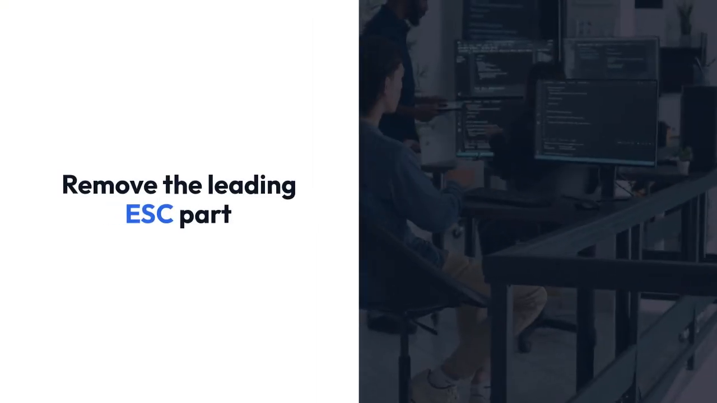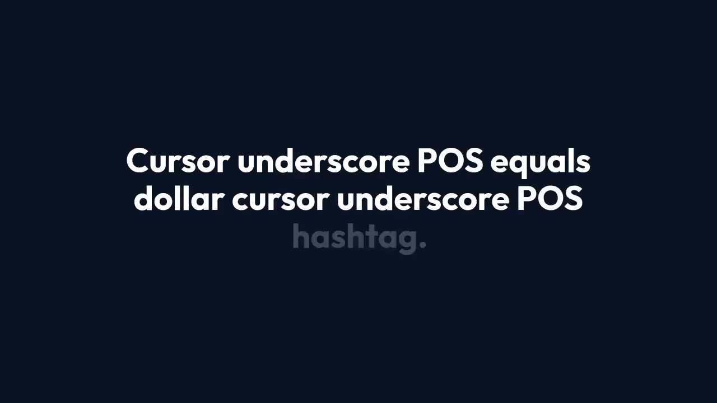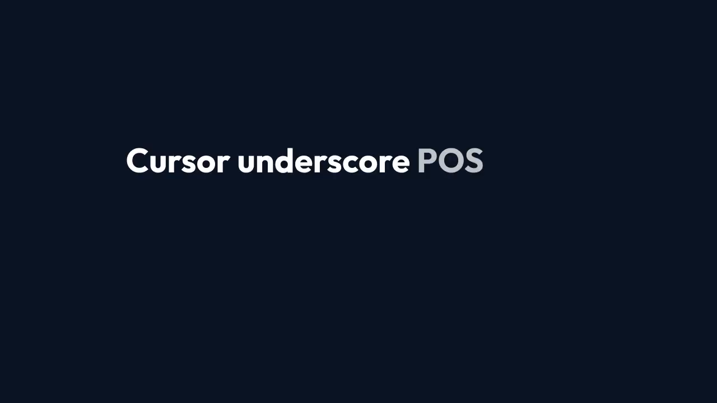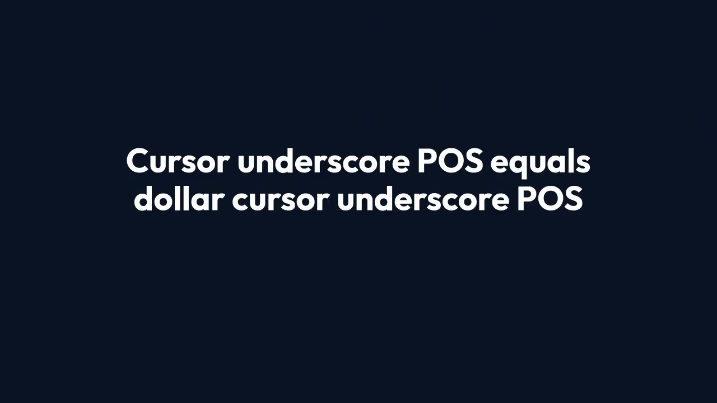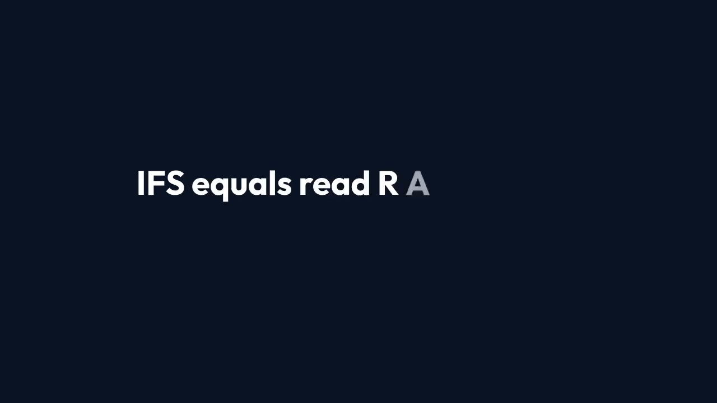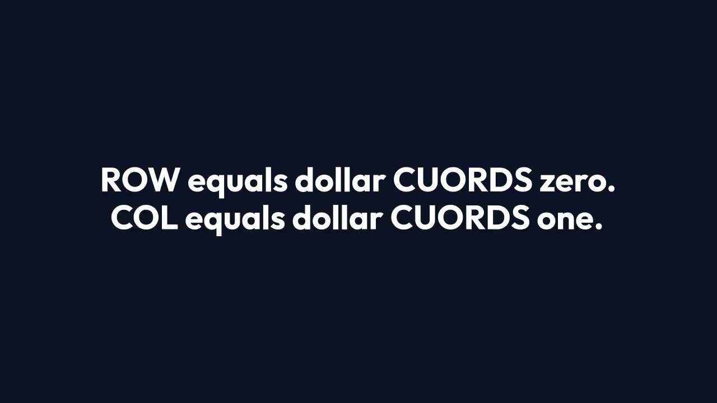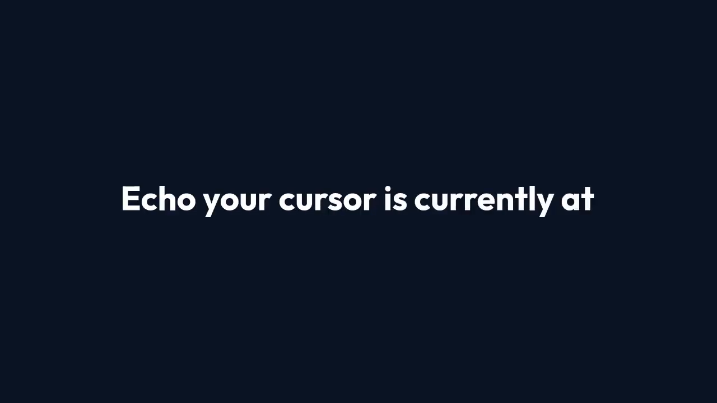# Remove the leading ESC part. CURSOR_POS=${CURSOR_POS#*[}. # Remove the trailing R part. CURSOR_POS=${CURSOR_POS%R}. # Split the remaining string, e.g., 24;80, into row and column. IFS=';' read -r -a COORDS <<< "$CURSOR_POS". ROW=${COORDS[0]}. COL=${COORDS[1]}. echo "Your cursor is currently at:"